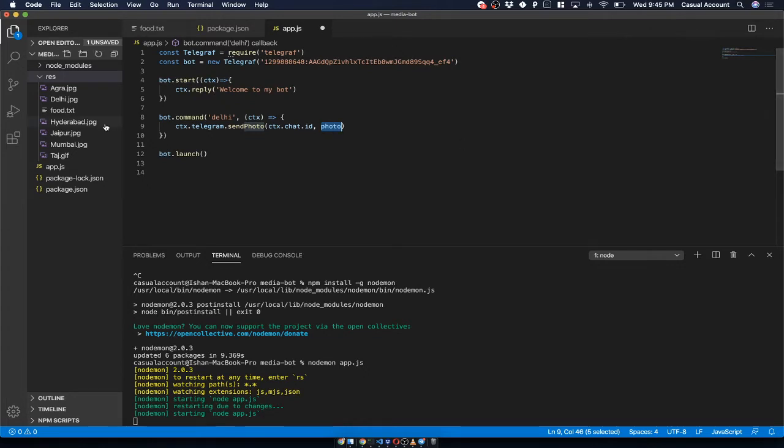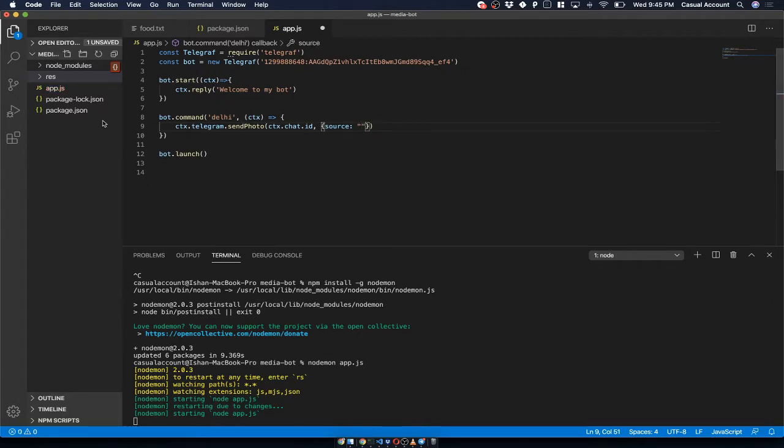So the first method is you can use whatever is available in your project to send that. What you have to do is just create an object, and inside that you have to specify the source, and the source will be the location in your directory.